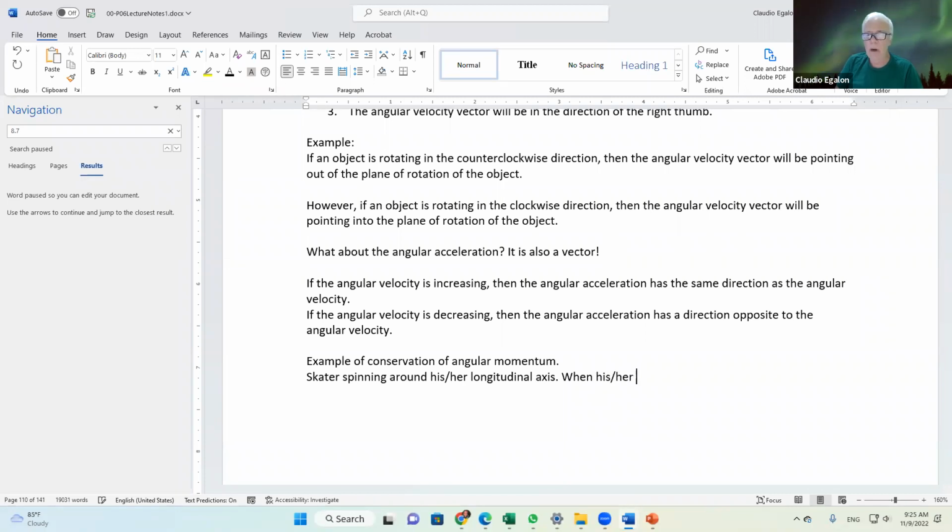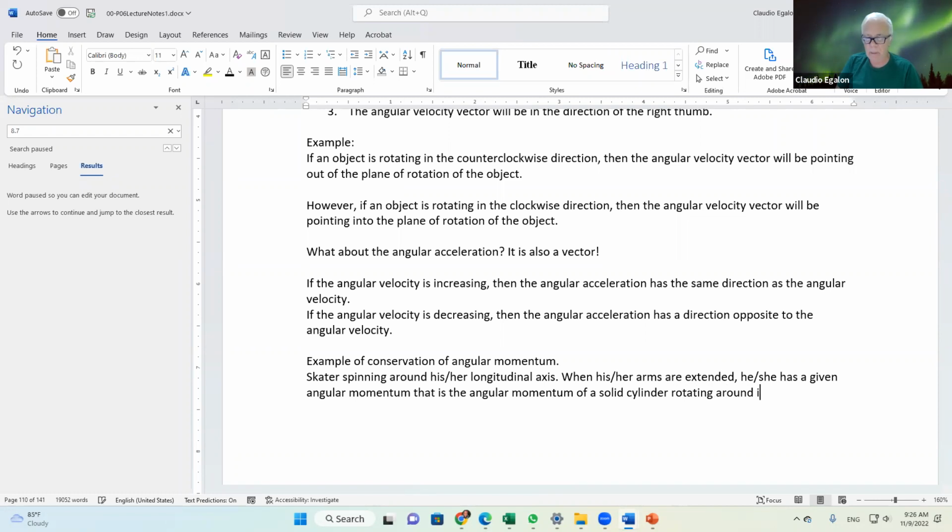When her arms are extended, she has a given angular momentum that is the angular momentum of a solid cylinder rotating around its longitudinal axis,